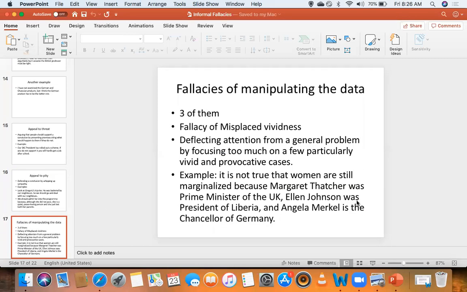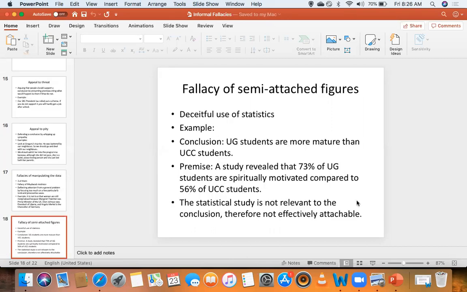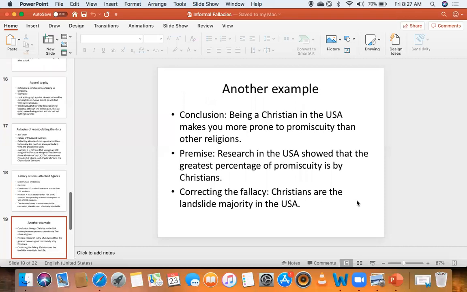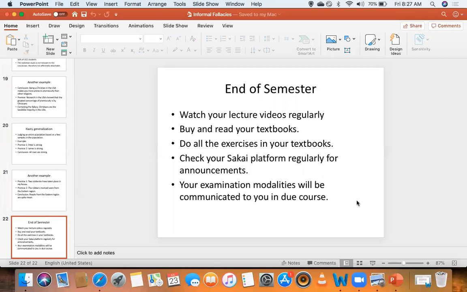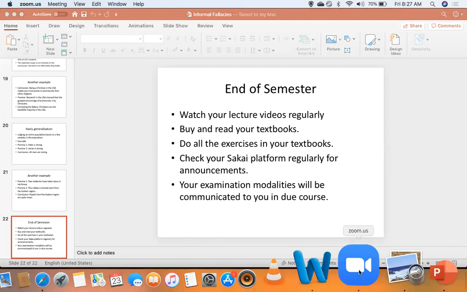We saw the three fallacies of manipulating the data. We saw misplaced vividness, where you use a few vivid examples of the contrary to deny a general problem. We saw the fallacy of semi-attached figures, where you use statistics that don't quite fit a conclusion to try to support the conclusion. Then we saw hasty generalization, where you judge an entire population based on a few samples, and that was it. So now we're done with the entire retinue